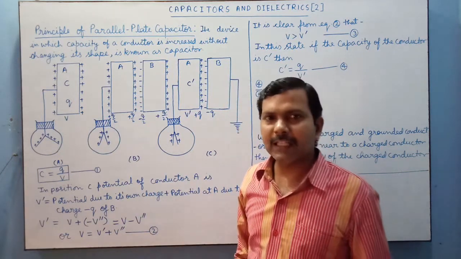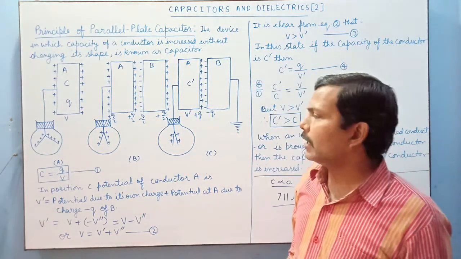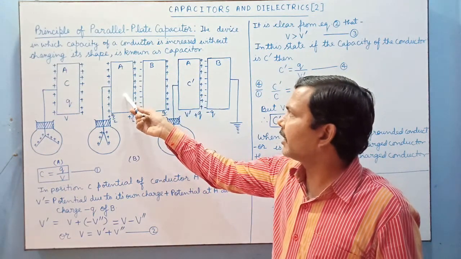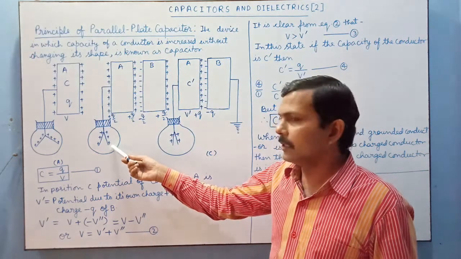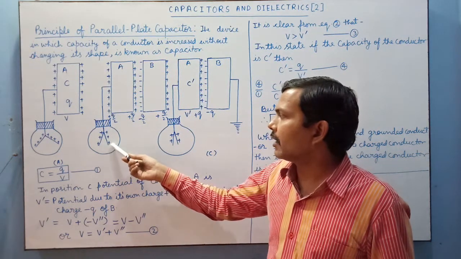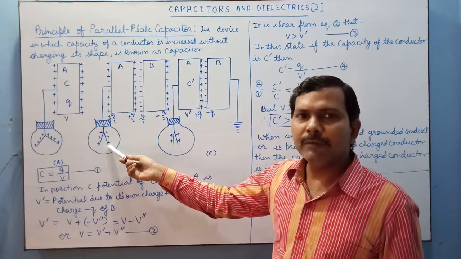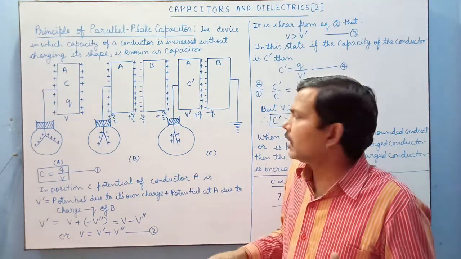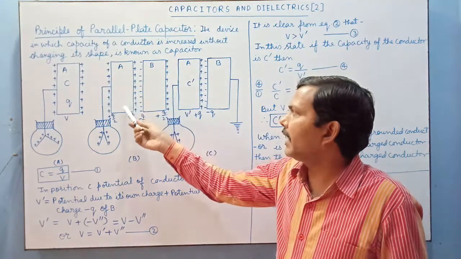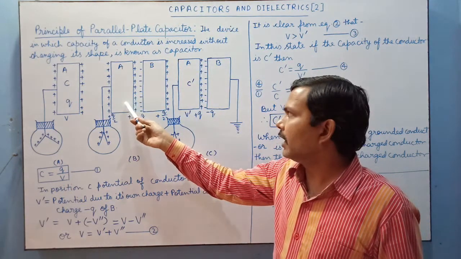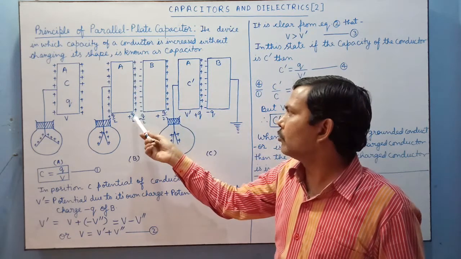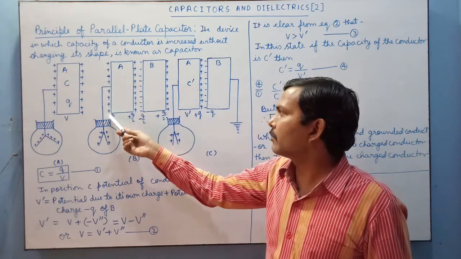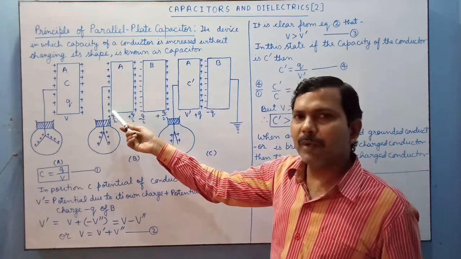Now if we place another conductor of similar shape in a nearby position to the first conductor A, then its potential decreases a little, and hence the separation between the leaves of the gold leaf electroscope is reduced. Now how is the potential of plate A decreased? Let us look here. This is charge plus Q by 2 on one side of plate A, and this is charge plus Q by 2 on the other side of plate A.